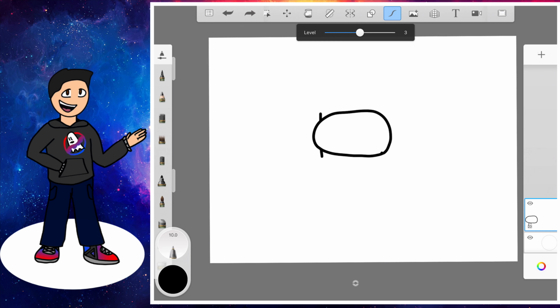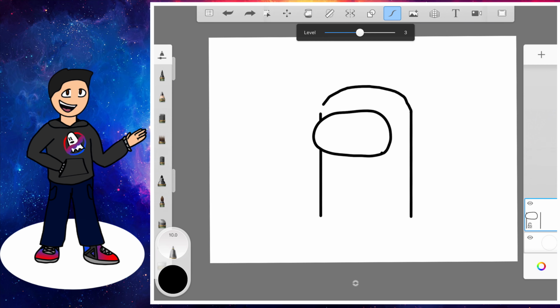Draw a line above the visor and continue the bottom line that's below the visor all the way down, just like this. So this is going to be the front of the character and the bottom is going to be the feet. Draw a line parallel to that, and now we're going to do the head. The head is going to be curving just like this, but it needs to be a little bit different, like this a bit.